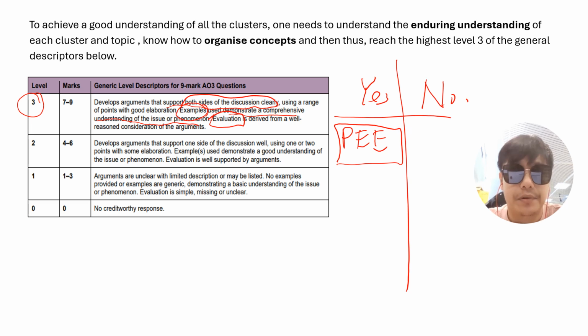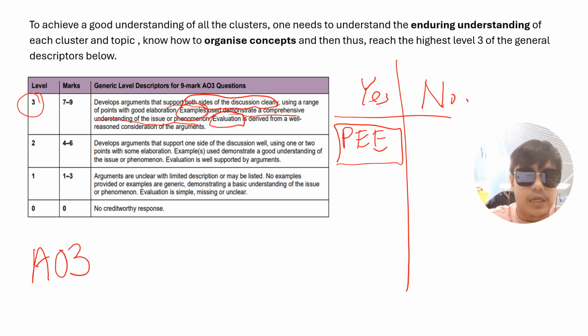Why is that so? It is because firstly, there is a lack of understanding of each cluster or topic. That's what I always tell my students, because at the end of the day, these AO3 questions are the